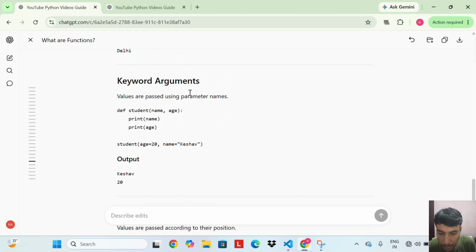Keyword arguments. Values are passed using the parameter's name.